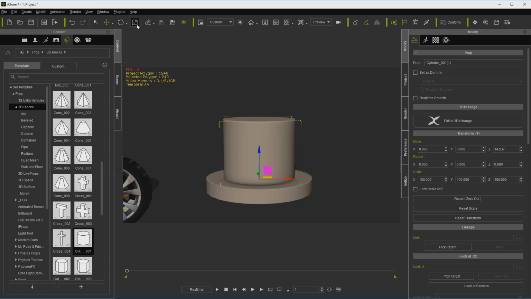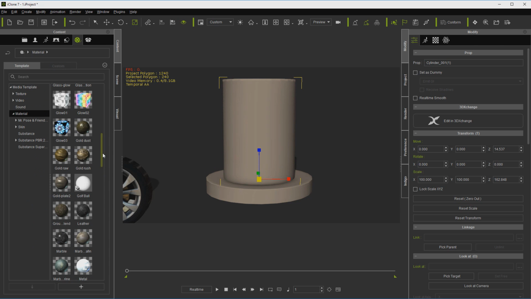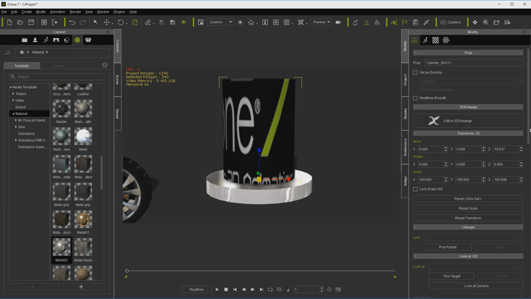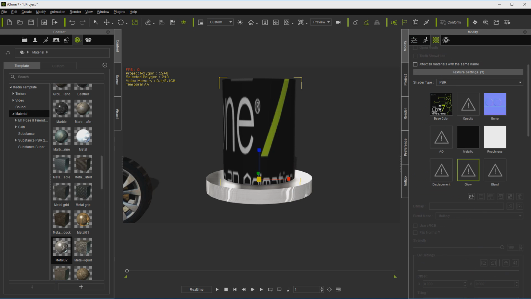Of course, I want it a little taller. Then we can just come over here to the old original metal, nothing fancy, metal 2. Put it on the base. Grab a graphic to drag over. And of course you're going to have to set this just like you did with the other one.